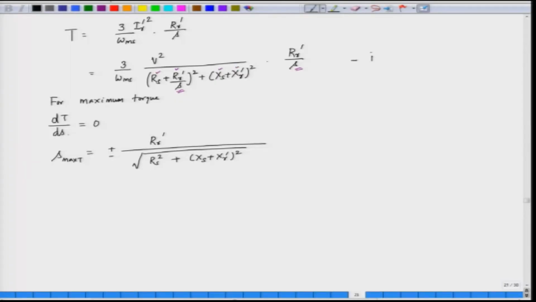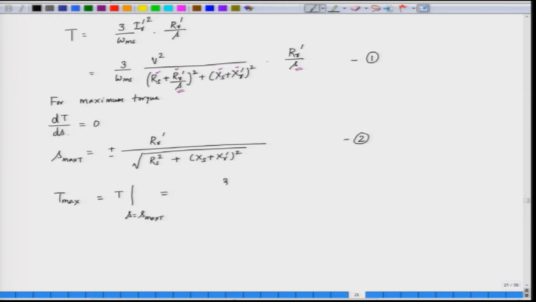Now, if we substitute this value in the previous equation, let us say this is equation number 1, this is equation 2. Now, if we substitute the value of slip in equation 1, what we get here is the maximum value of torque, T max. So, T max is torque at s equal to s max t. So, if you substitute s equal to s max t, what we get is T max, and that is equal to